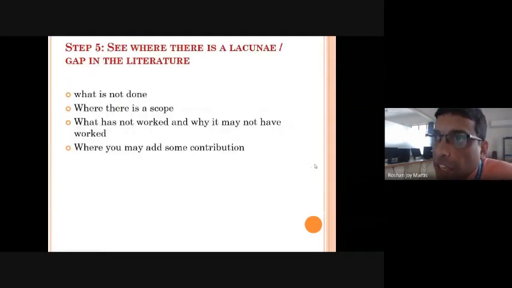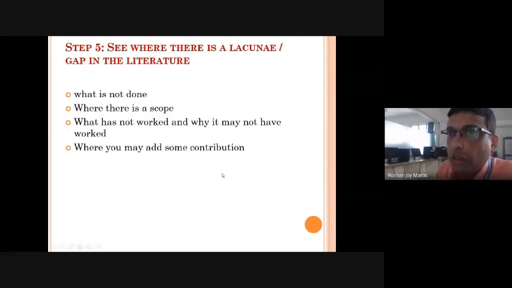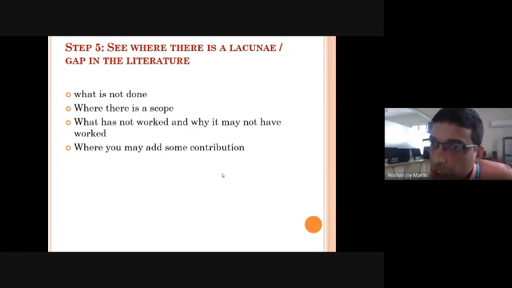Then see where there is a lacuna or a gap in the literature. What is the gap in this research? This we have to identify. What is not done? Where is there a scope? If something is not done, why is it not done? And if something did not work, why didn't it work? And what can you add here? And whatever you are adding, whether it makes sense. If it makes sense, why can't you solve it like this? Okay, these are the questions that have to be addressed